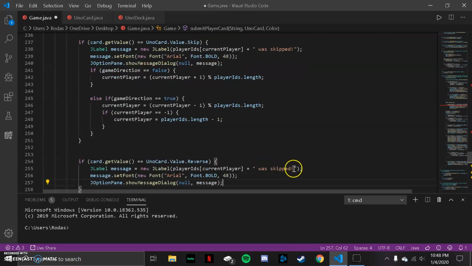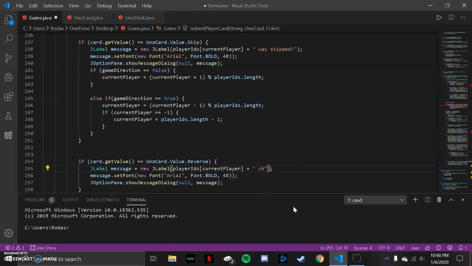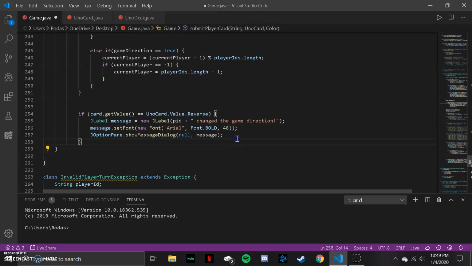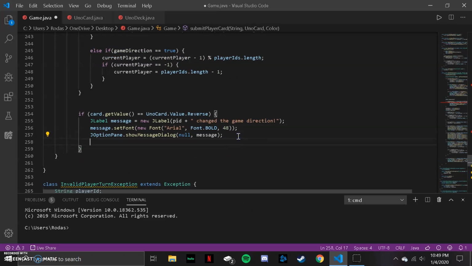And we're going to say this player change the game direction, and then we can just change this to that, and then this one is going to have the most